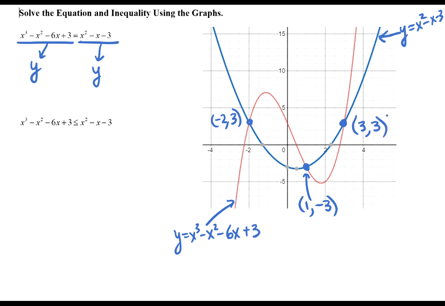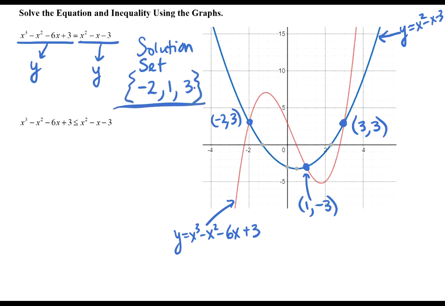So we have 3 intersection points. Our solution to the equation, our solution set, I should say, because there's multiple solutions, would be the values for x at those intersection points, -2, 1, and 3. And remember, because we're looking at the individual values, we'd use braces. So that would be a set of 3 individual values. We could check those by plugging those individual values back into the equation and making sure we get a true statement and that both the left and the right-hand side are equal.